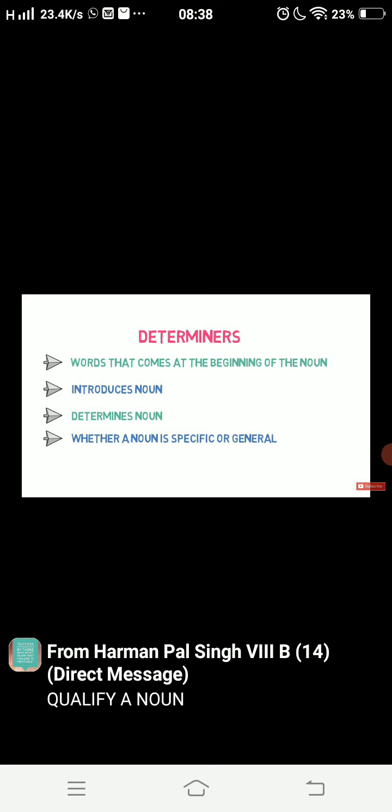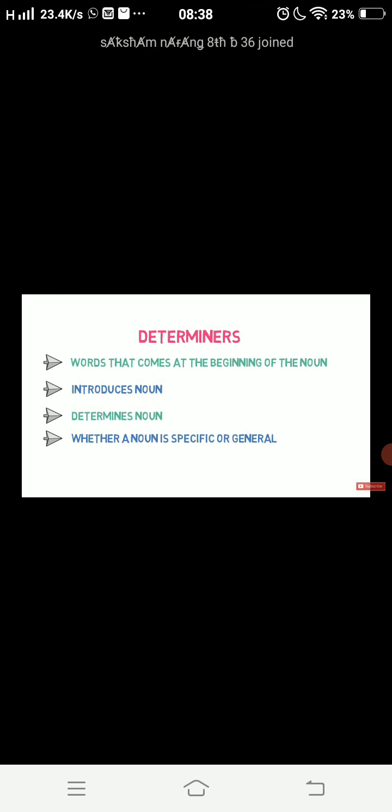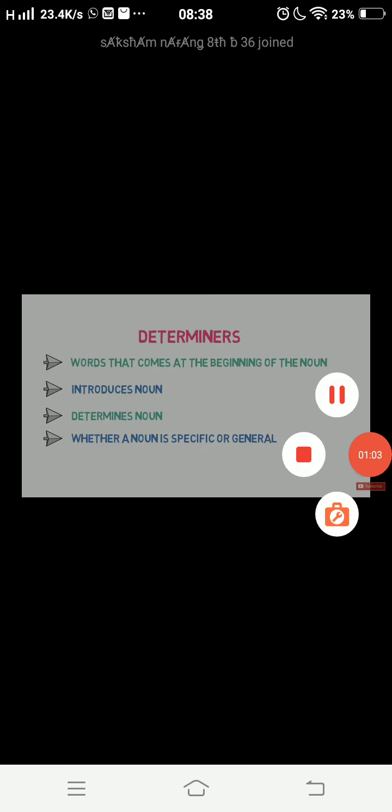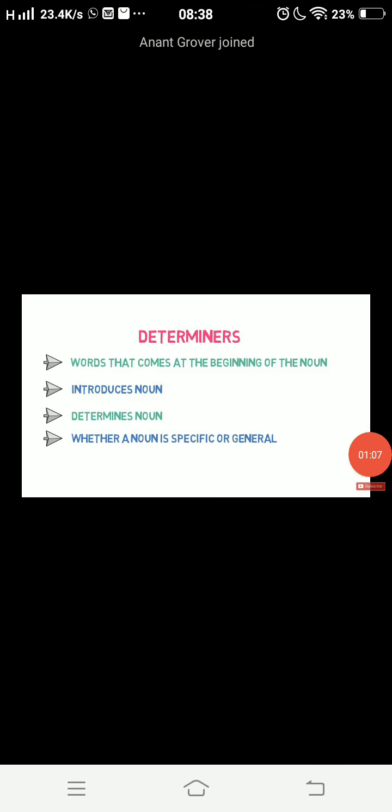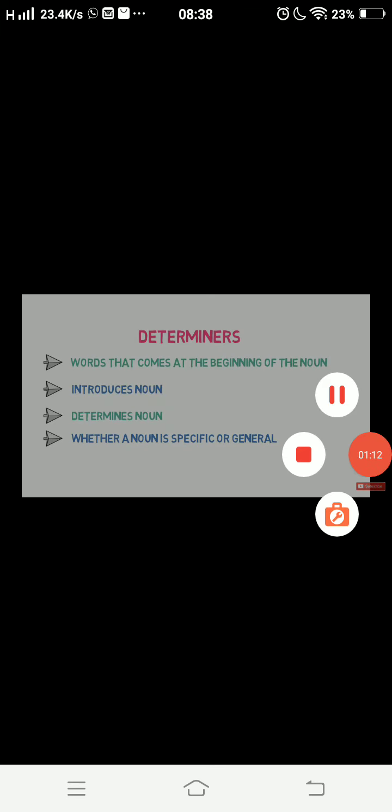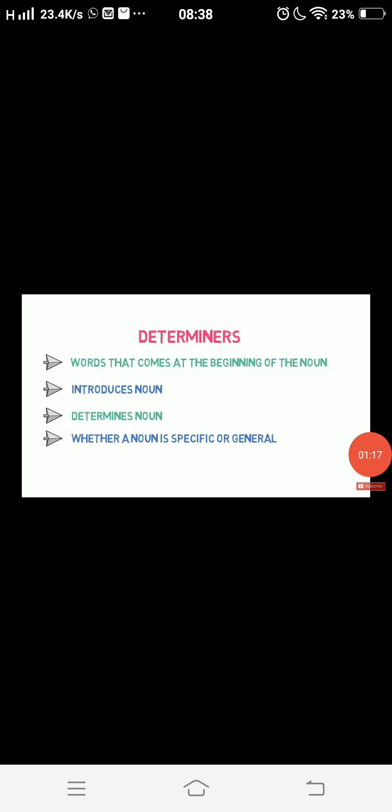So you don't run after the definition which are given in your grammar book, because in grammar books it is not elaborated properly. So I have found a very easy method to make you clear. You can jot down this explanation on your grammar books with pencil, so that during exam preparation you will not find any kind of difficulty. At a glance you can recall. Keep this in your mind that determiners are those words which are determining or specifying proper nouns or noun phrases.